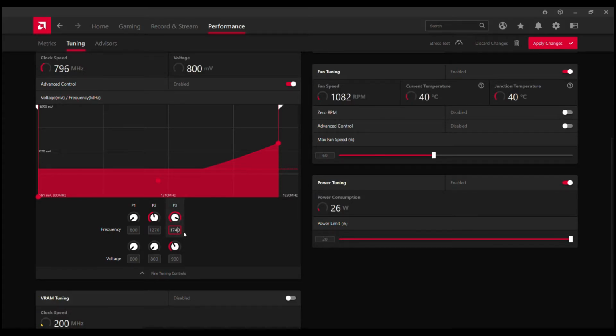I firstly also set this value to 1750, but I had a crash 2 weeks after that change, so I lowered it a bit more to 1740.